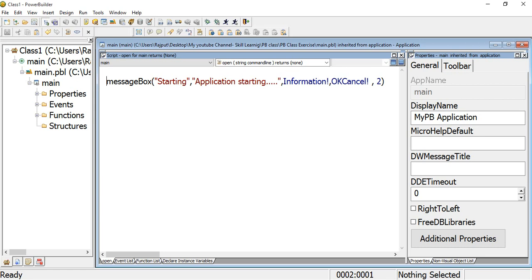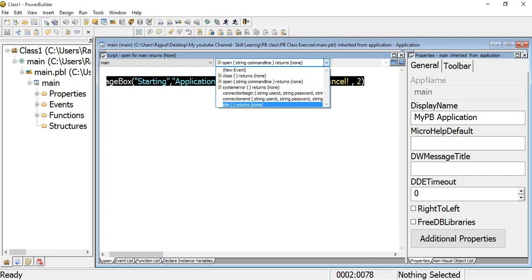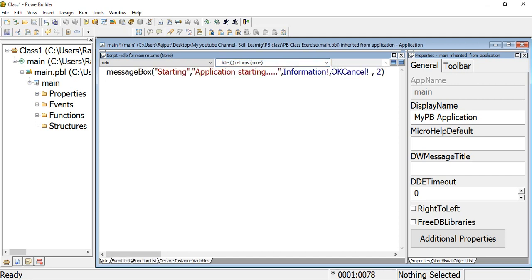In a future video we can see the idle event, and like this you can write it in your application.